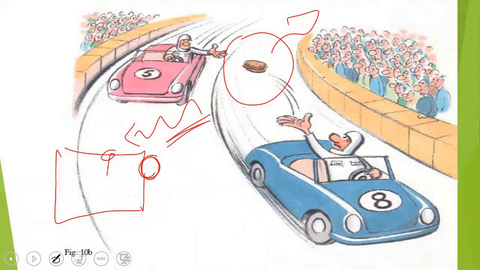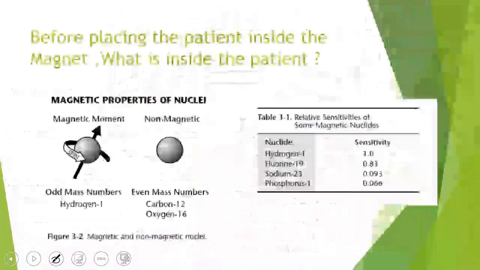That's why it is called magnetic resonance imaging, because it relies on the magnetic field and resonance. This resonance occurs between the external radio frequency pulse and the precession motion of the protons present in the body of the patient. So after that,